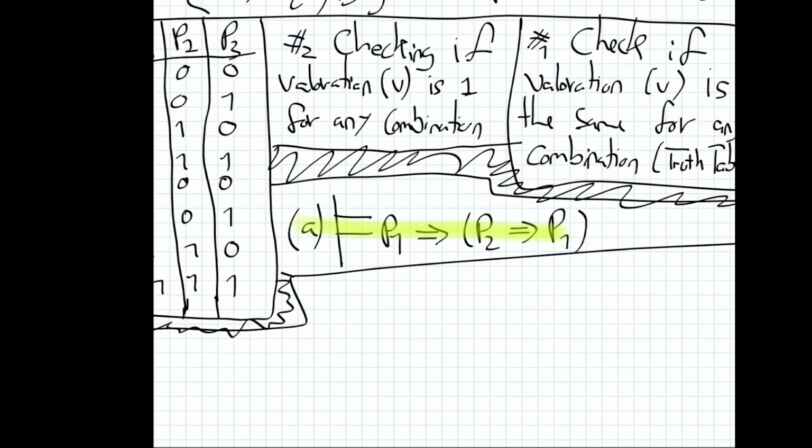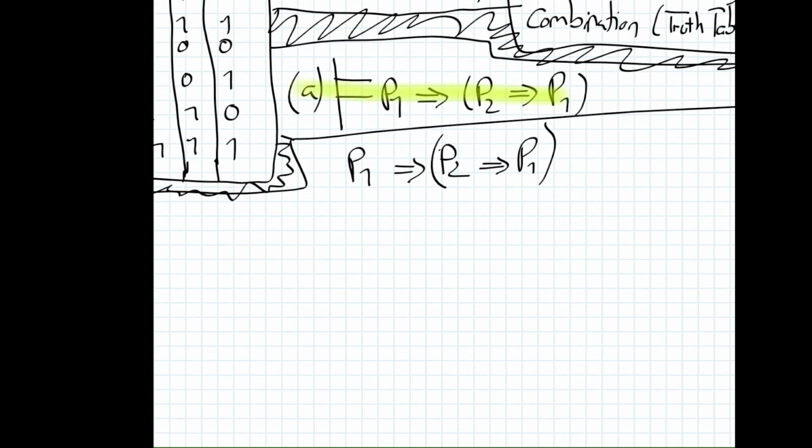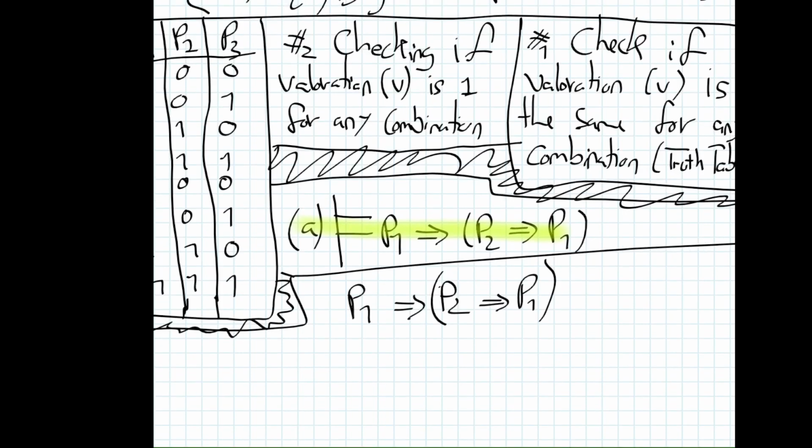Checking if the validation V is the same for any combination should be as simple as saying that for P1 implying P2, and P1 implying P1, we run this by saying